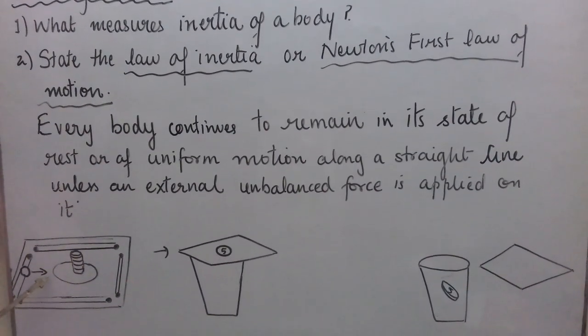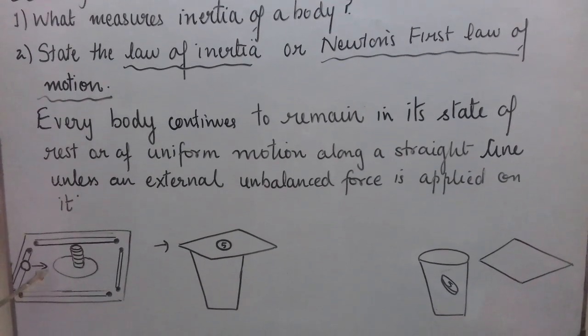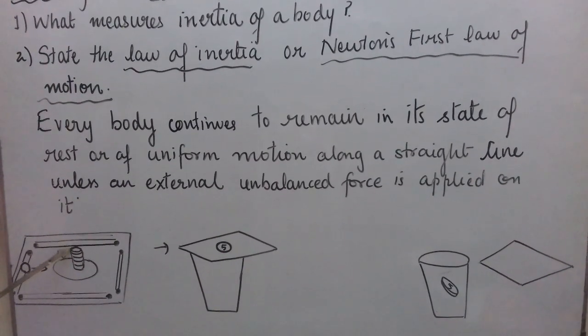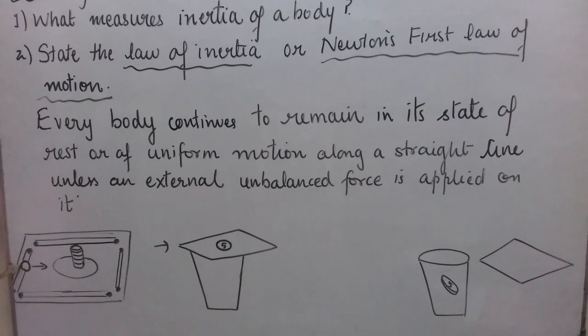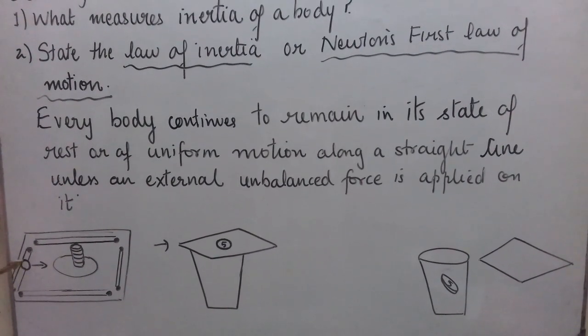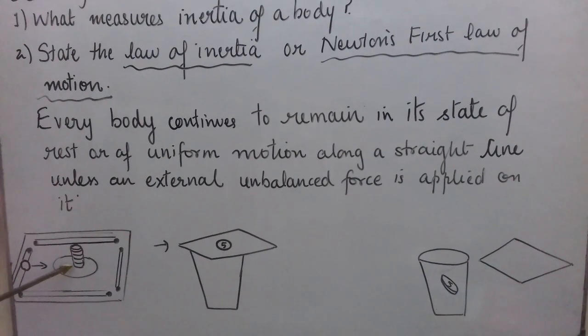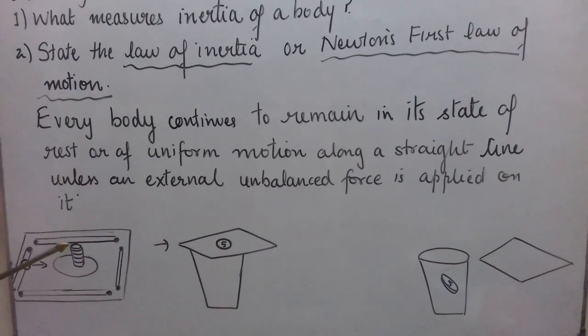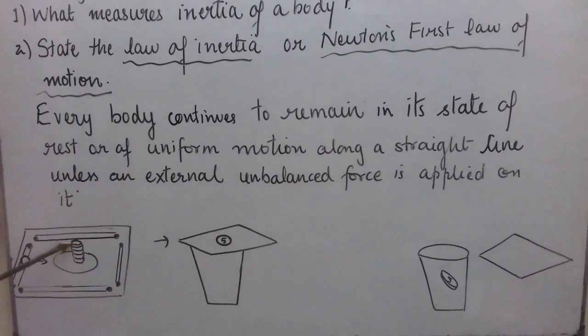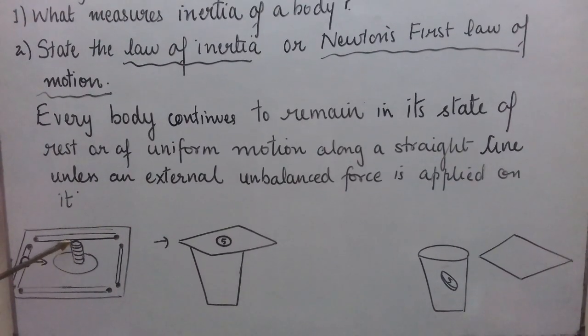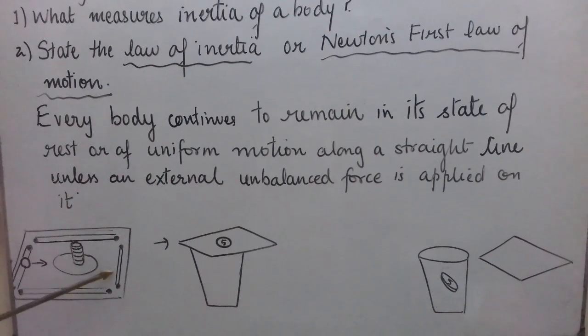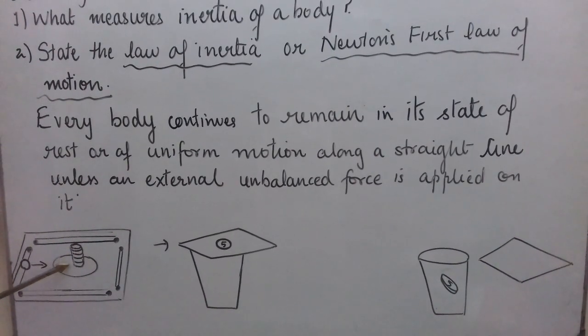Now consider this carom board. When you play carom, you have a pile of coins placed here. If, using the striker, you hit the bottommost coin very hard, then what will happen? It will move out quickly and this pile will stay there only. It will fall down vertically like this. It means this pile will stay here only with this coin removed, and it will come a little down. Why? Due to inertia of rest.